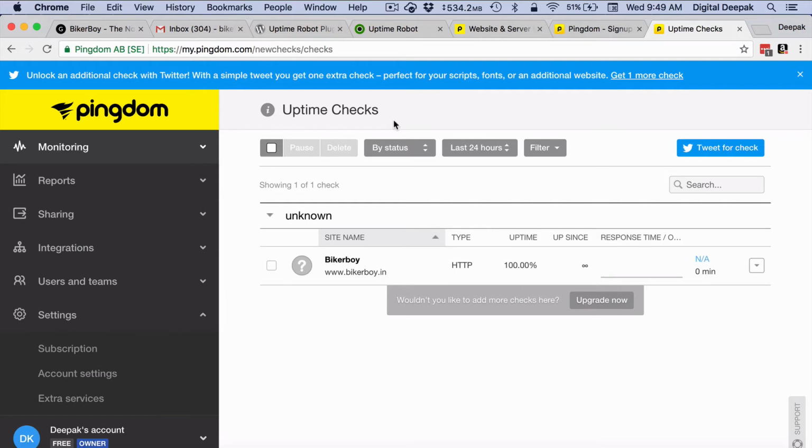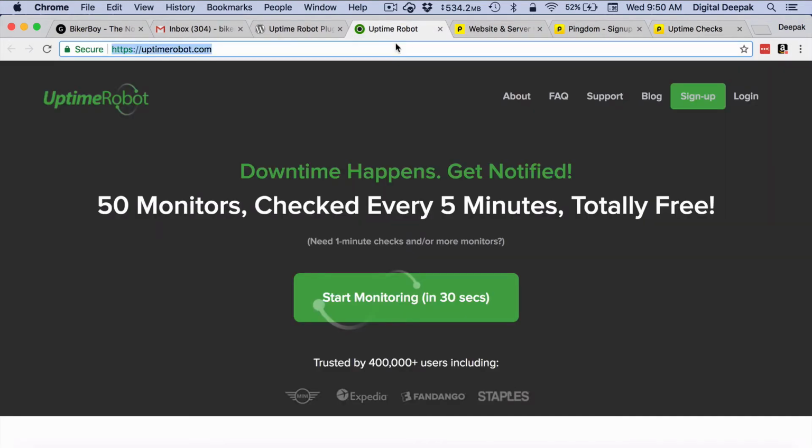If you are using Cloudflare, a content distribution network or a caching service, then sometimes even if the server goes down, your website will still be live and delivered from the cache. There are many other uptime monitoring services. Another one is Uptime Robot, which also has a WordPress plugin you can install to monitor right from inside your website. We can sign up for 2 or 3 uptime monitoring services and check the performance.